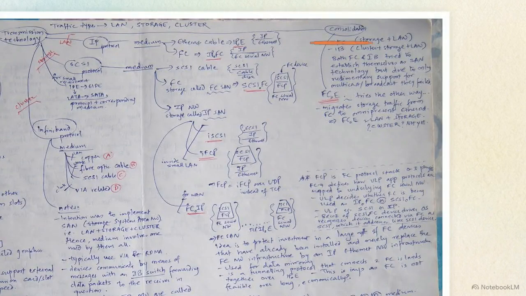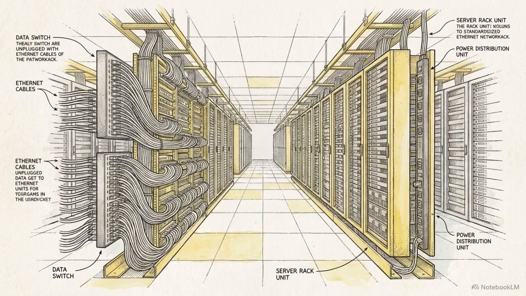These notes document the initial attempt at consolidation, where Fibre Channel tried to absorb LAN traffic. The barrier is explicitly stated here. Fibre Channel had only rudimentary support for multicast and broadcast traffic, making it structurally unfit to handle standard Internet Protocol data. Since specialized storage hardware couldn't absorb the Internet, the industry took the inverse strategy, migrating highly specialized storage traffic